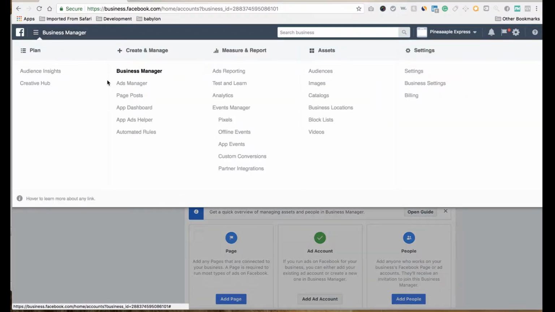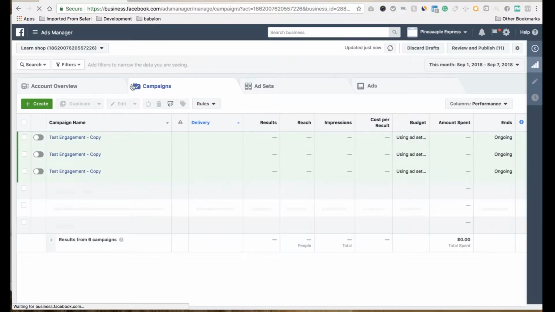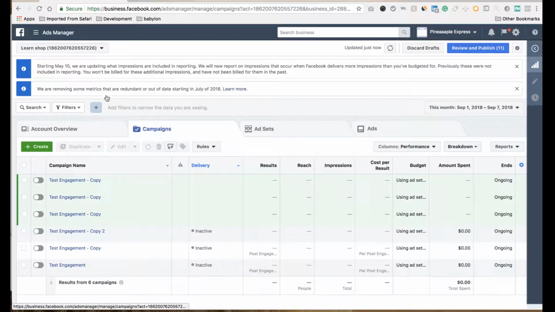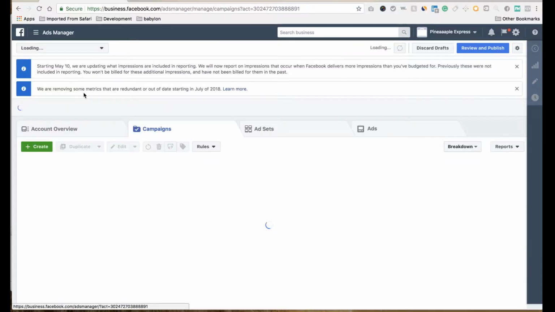And from the Business Manager, we're going to Ads Manager. And from Ads Manager, we're going to create a new set of